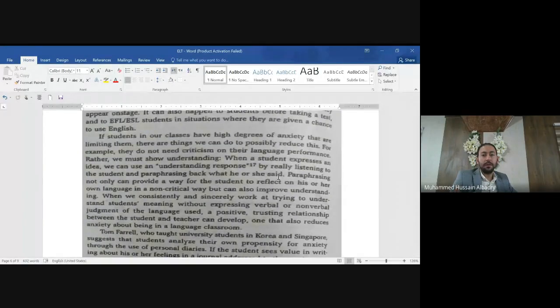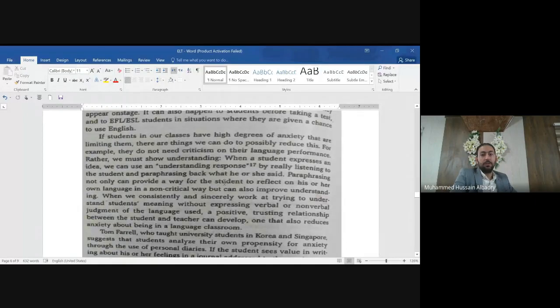Don't correct them. Even when they make mispronunciation, don't correct immediately. This is very important. When you go to school, when some students say something, they make mispronunciation or grammatical mistakes. Don't correct them immediately. Not directly, we don't correct. Just give them time. When they finish, you can tell them at the end of the lecture, some of the students have made these mistakes: 1, 2, 3. Okay, very important.